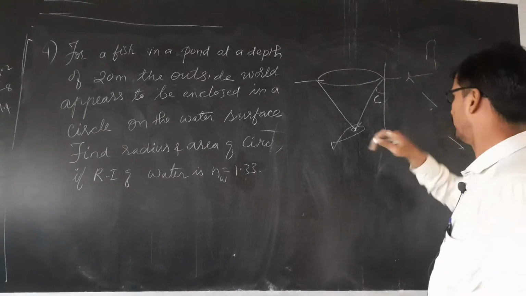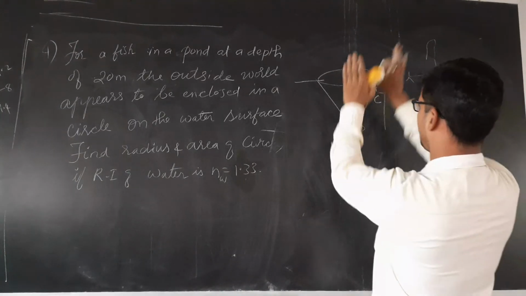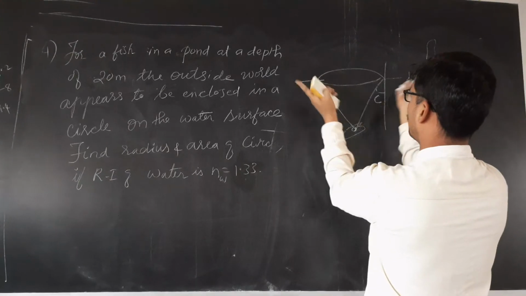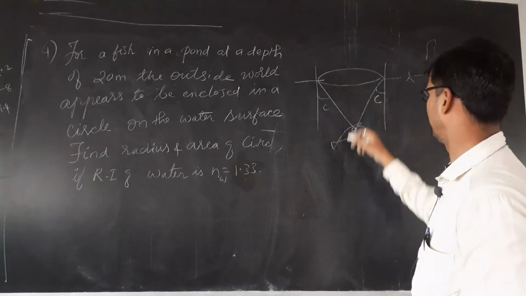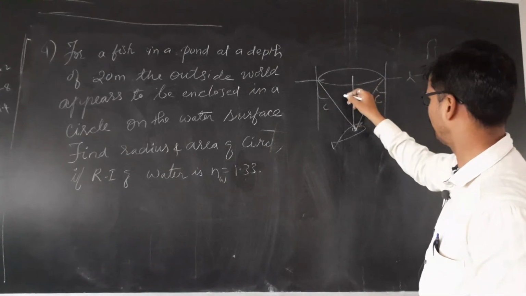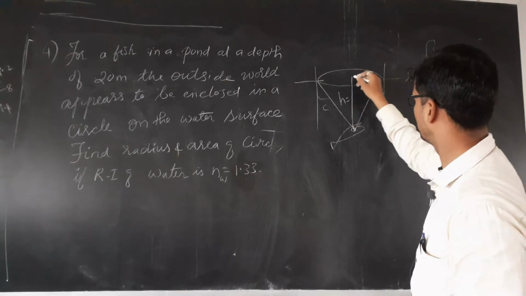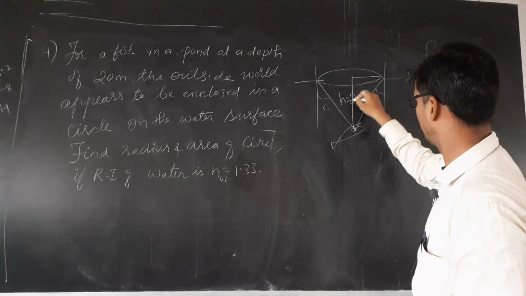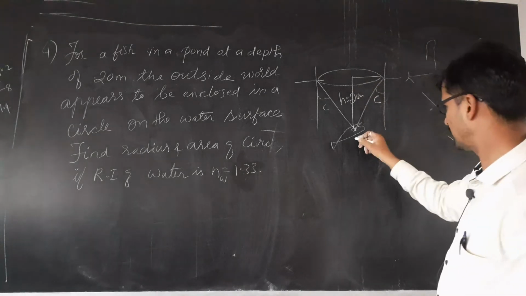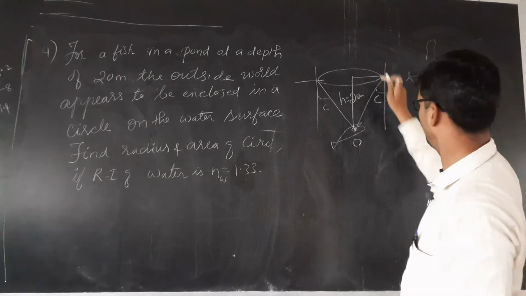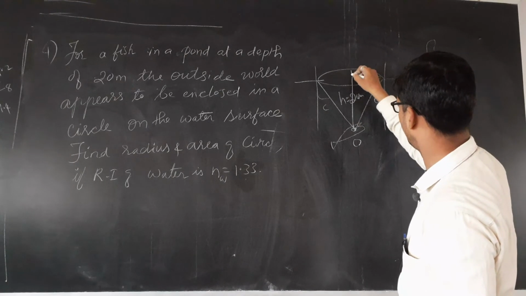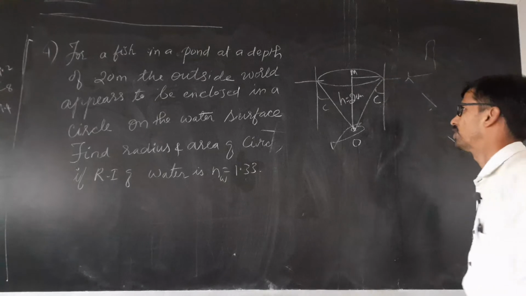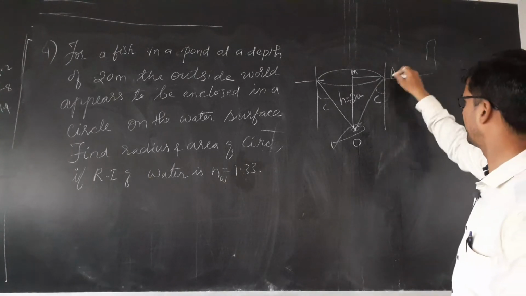See, not only here, some rays are coming here, here, everywhere, like a cone shaped thing will be made here. This is also the critical angle. The fish is at a depth of h equal to how many meters? 20 meter. This I will call O. This I will call center M. This I will call A.